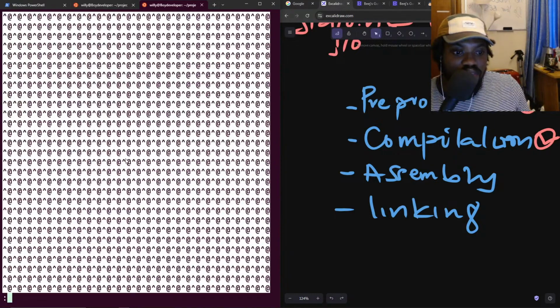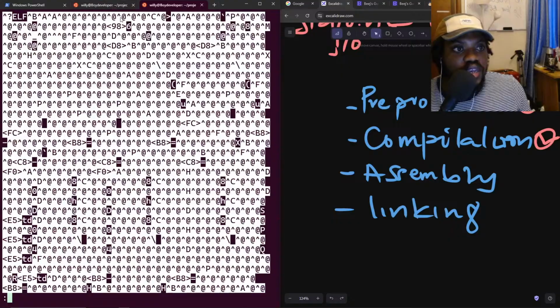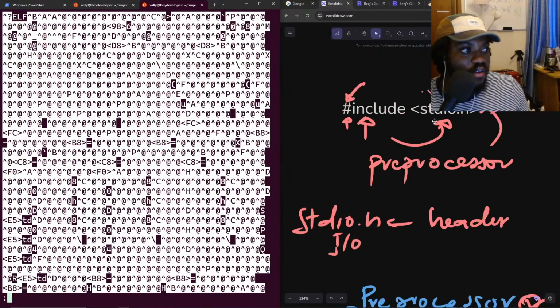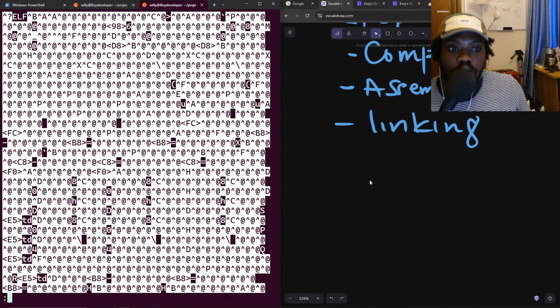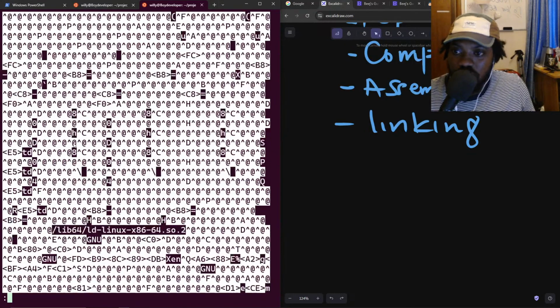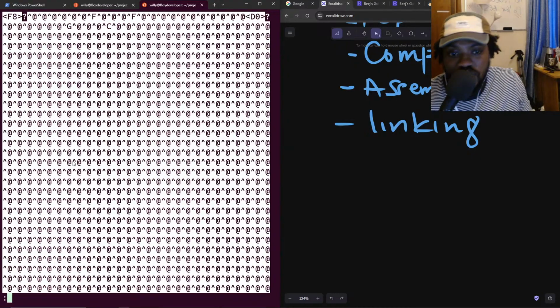It means a lot of things are happening here, and what I suspect is happening is the content of this header file, this stdio that gets included in our normal C code, is also being transformed into zeros and ones for our computer to understand, for our operating system to